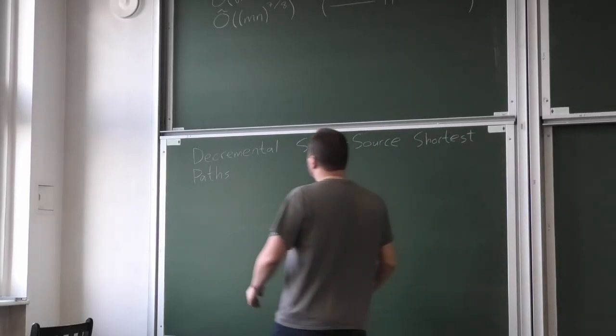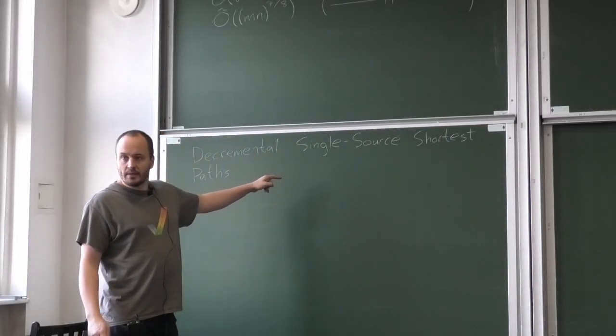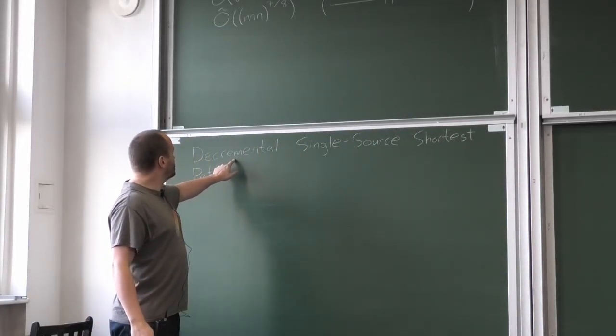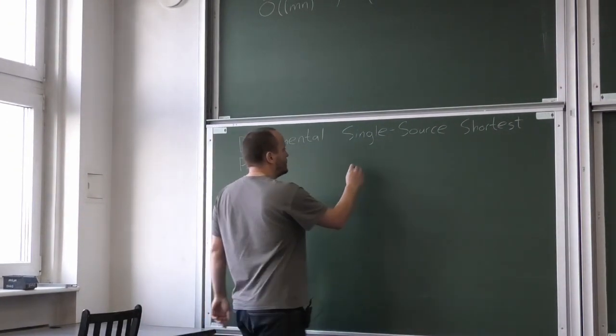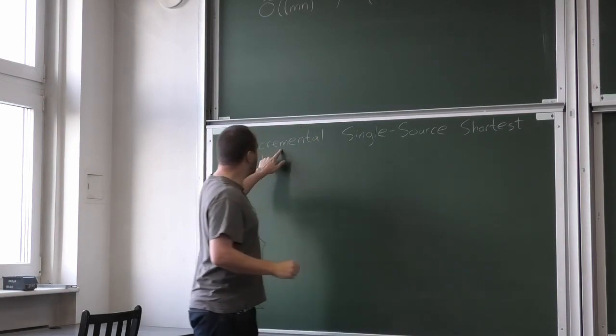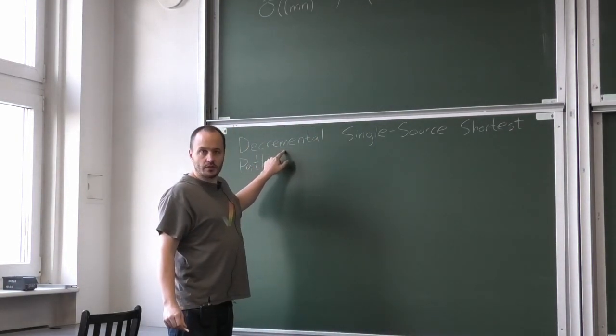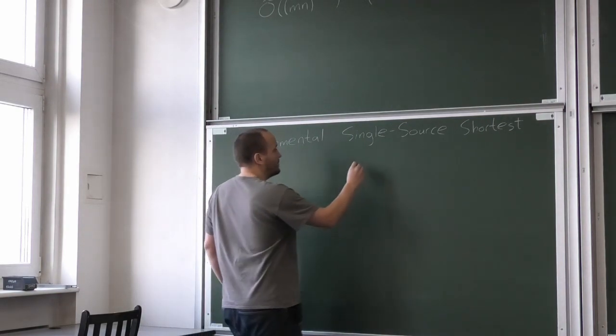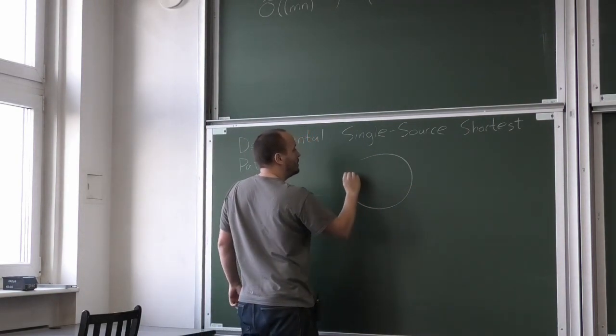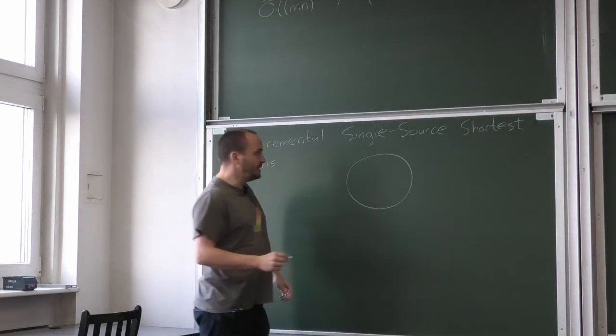And today we're going to talk about shortest paths, dynamic shortest paths, but a different variant, so decremental single source shortest paths. So what is this problem? So we're given, you have already seen a decremental structure yesterday for the all pairs shortest path problem. So here we are given an initial graph G,